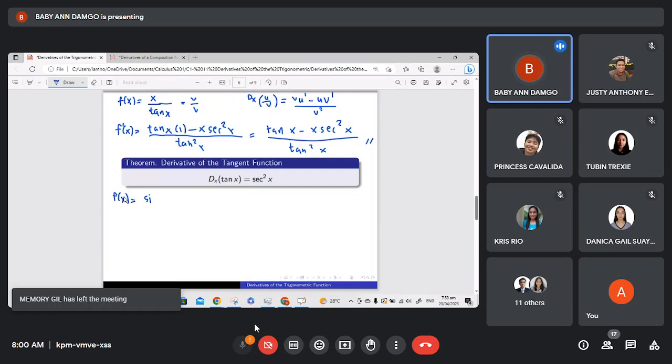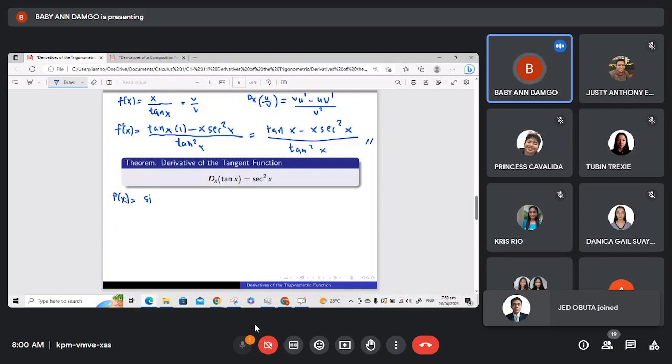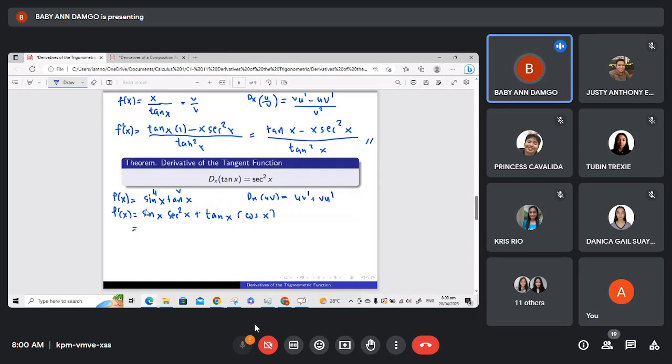So, this is secant squared x plus, so tan x times derivative sa sine x, which is cosine x. Okay? So, this is sine x secant squared x